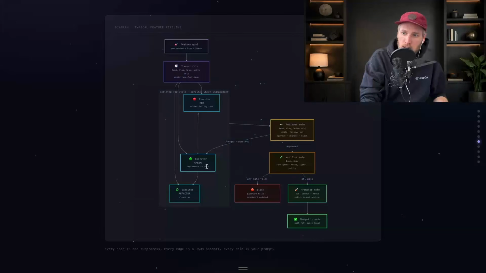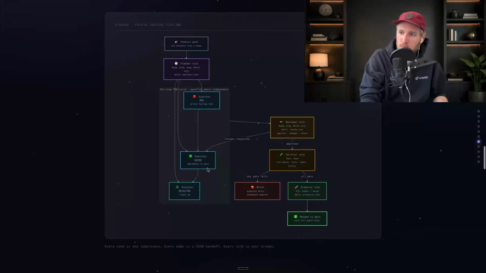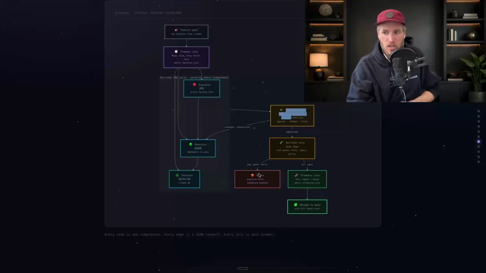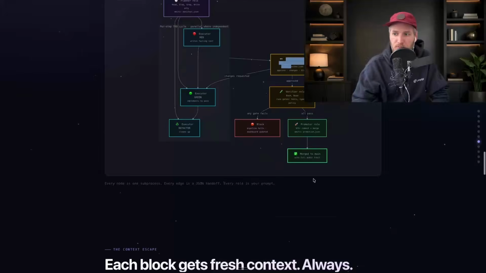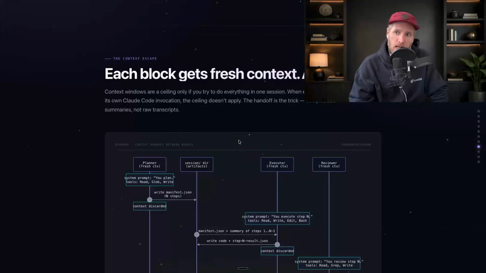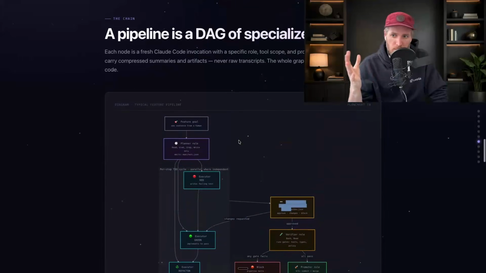The next is going to write the code and make sure it passes. And then you have a refactor one. Between those, you have the concept of review and verifier. And then ultimately you have managers that either block or promote it, and then it's merged to main. And essentially, once again, I will emphasize this can be completely customized to anything you want, right?